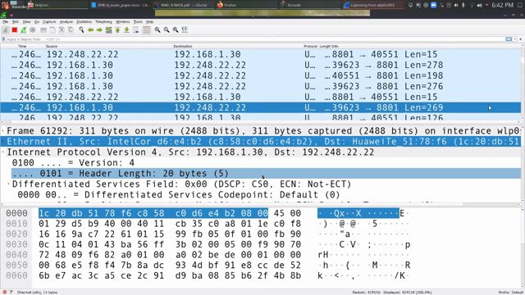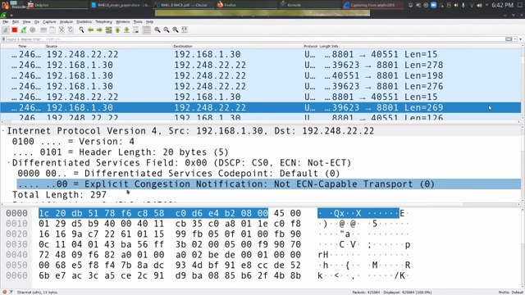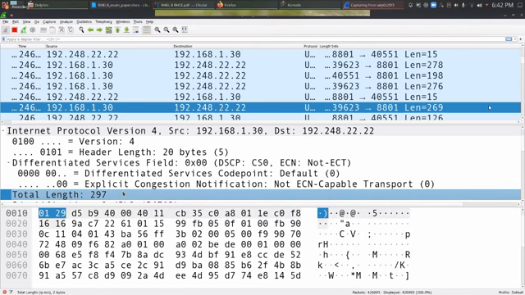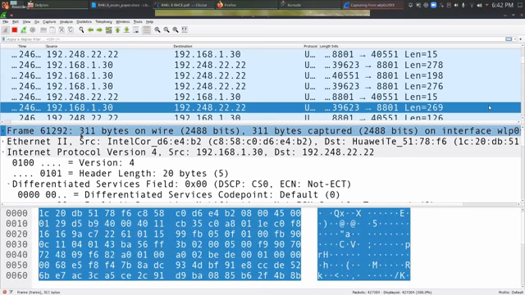Yeah, sure. So just keep this, look at this. I just want to highlight here some extra thing. You can see that the total length of the data packet here is 297 bytes, right? If you look at the frame, it contains 311 bytes. Frame in the sense,